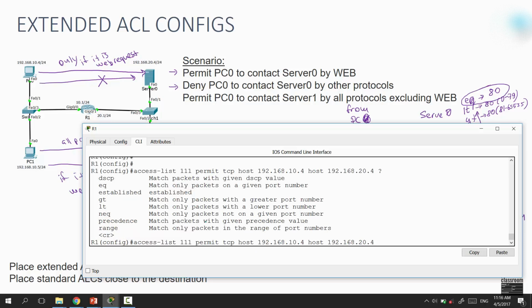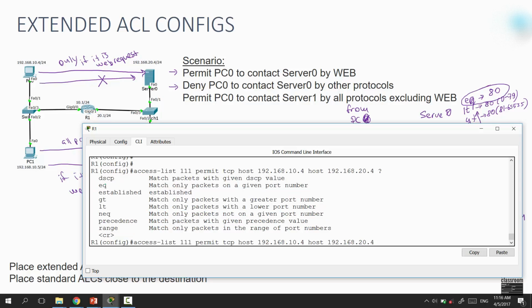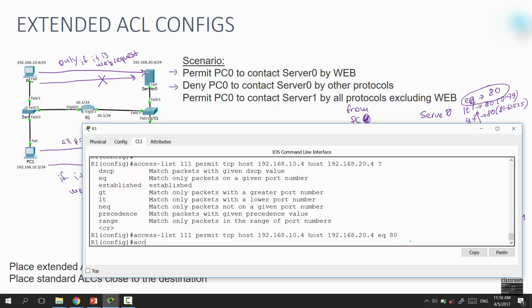And then look, we have here the variants of defining the range or a single destination port number. If we write equal to, it means match only packets on the given port number. So it's quite enough for us to write equal to port number 80, for example, so that we are permitting communication to port number 80 by TCP. And then we are saying access list 111 deny all other, so that IP from host